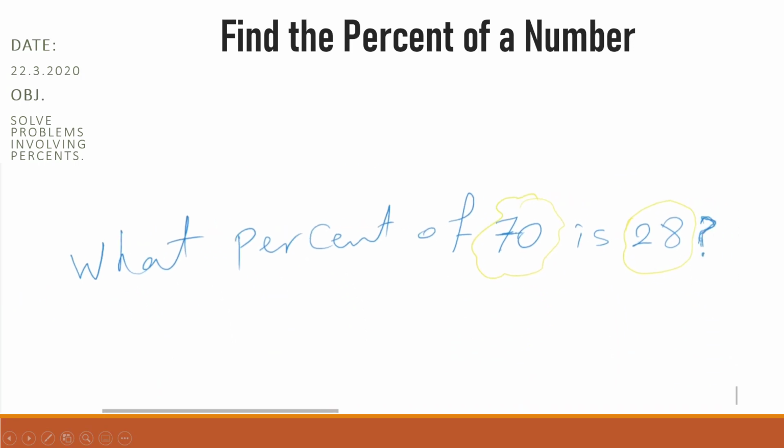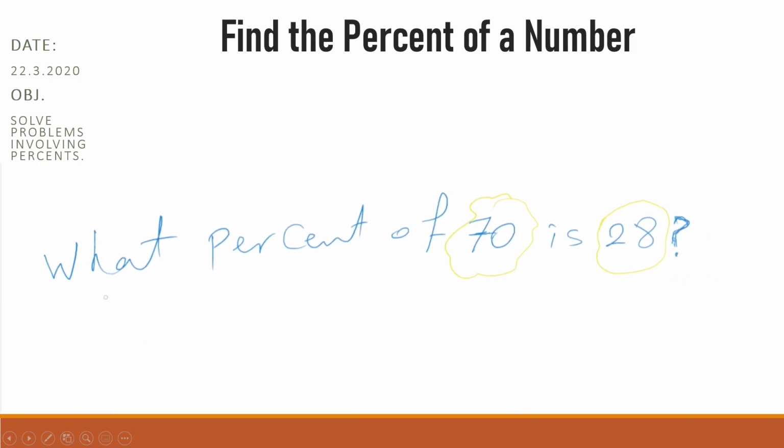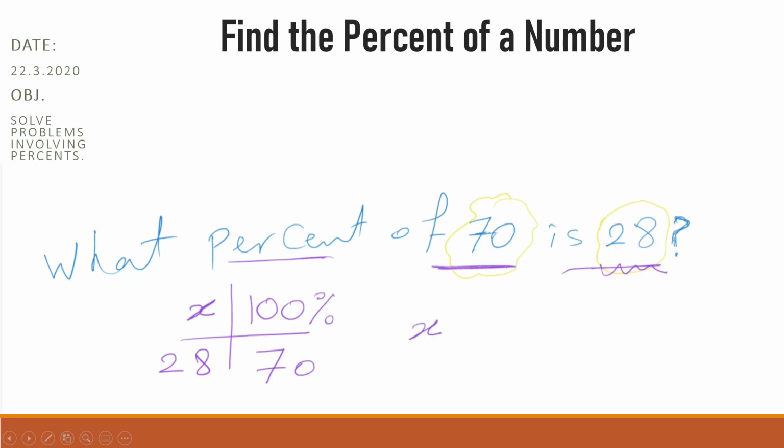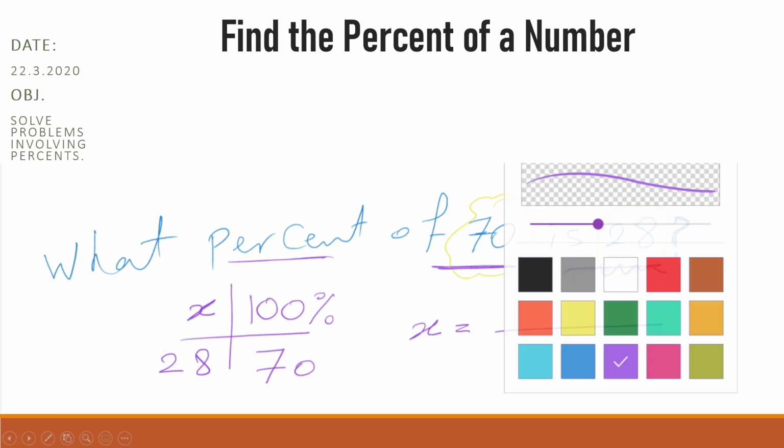Now it's your turn to find what percent of 70 is 28. I'm waiting for you. Welcome back. Let's see the answer. We have in the table 70 as a total equivalent to 100% and 28 as the part. I don't know the percent equivalent to 28, so I will name this percent x, and x equals, use cross multiplication,